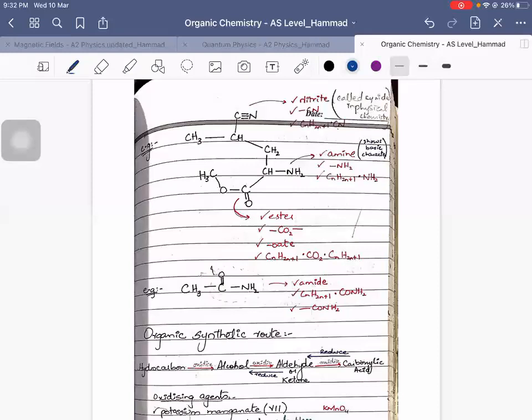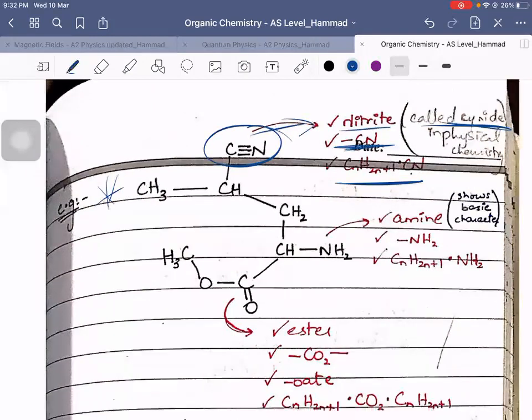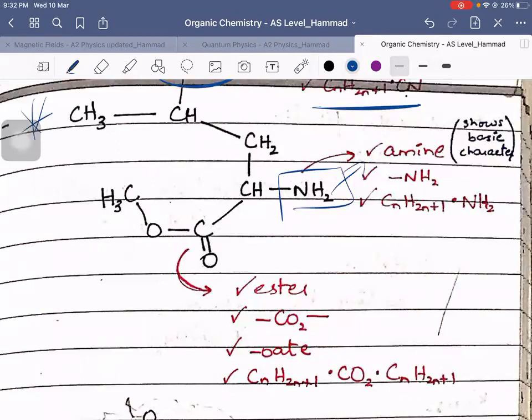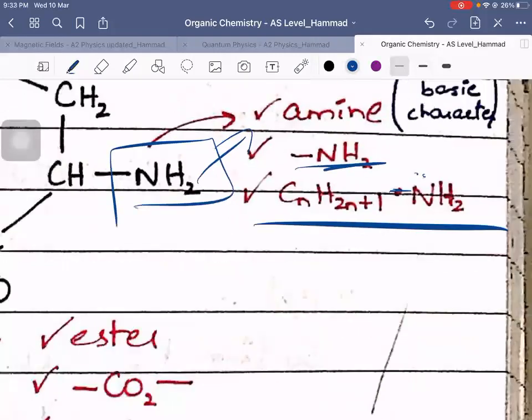Next, let's say I have this part of the chain. C triple bond N is a functional group which was not mentioned in O levels. It's called nitrile. It is CN. Now it is also called cyanide in physical chemistry. Cyanides are basically poisons, right? NH2 is the amine functional group. It shows basic character because it can donate its lone pair of electrons. Nitrogen can make 3 bonds. So this would be 1 bond, 2 bonds with hydrogen, and there's a lone pair always on nitrogen, which makes it basic.